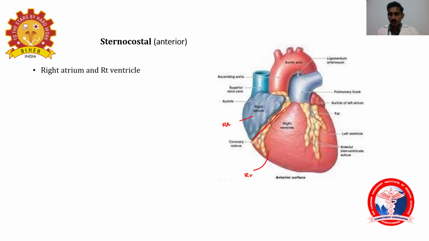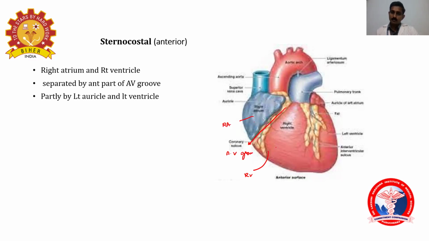Between the two, there is a groove. So what is the name of the groove? It's called AV groove. What is AV groove? Atrioventricular. This is an atrium, this is a ventricle. So the groove is called atrioventricular groove, especially the anterior part, because it has a posterior part also. So this is formed by the anterior part of atrioventricular groove,